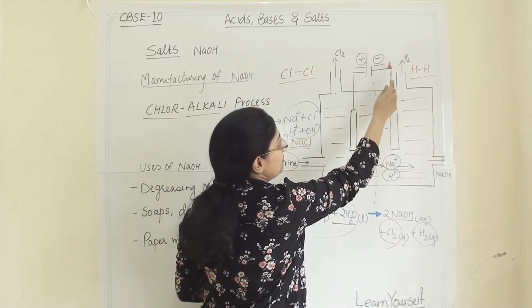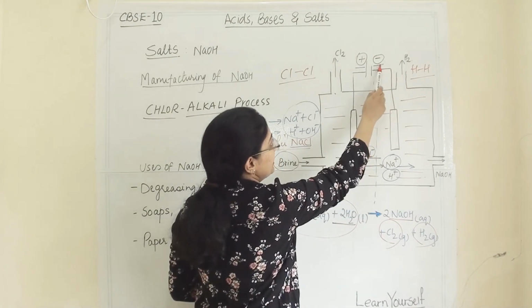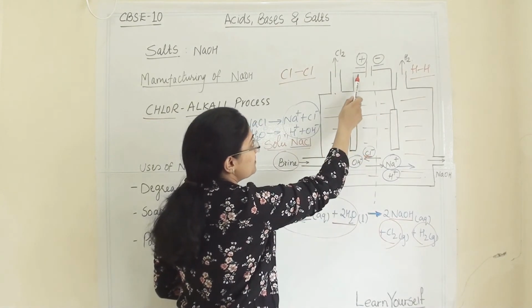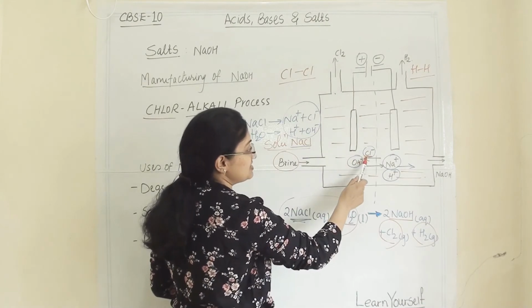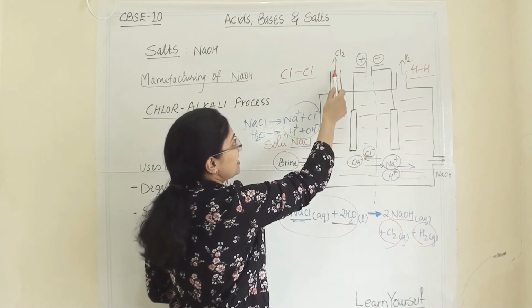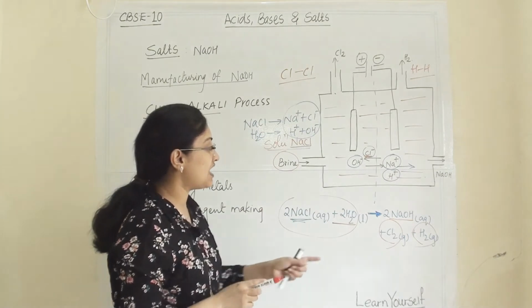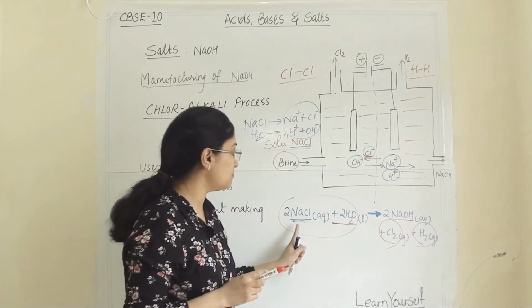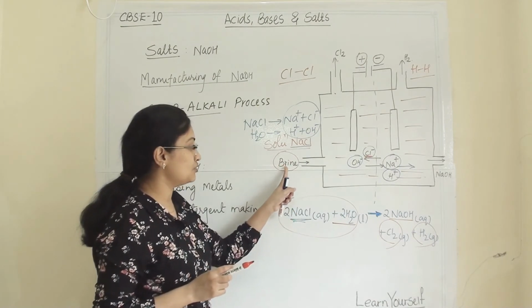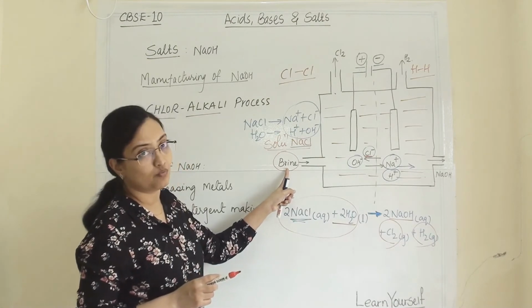This is quite opposite. Hydrogen is a positive ion, so we will get hydrogen gas from the negative electrode side, and chlorine gas we will get from the positive electrode side, because it is a negative ion, it will move towards the positive electrode, and we will get chlorine gas from the positive electrode side. So these are our total three products from electrolysis of sodium chloride, that is the solution of sodium chloride, which we also know as brine water.